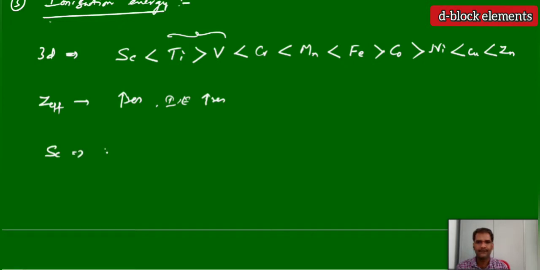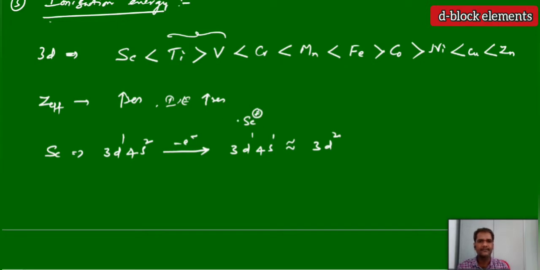the electronic configuration of scandium is 3d1 4s2. When we remove an electron from 4s, you will get the electronic configuration 3d1 4s1. But you cannot write this electronic configuration, it will no longer exist like this. It will become like 3d2 electronic configuration. Why? Because this is scandium plus, 3d1 4s1.